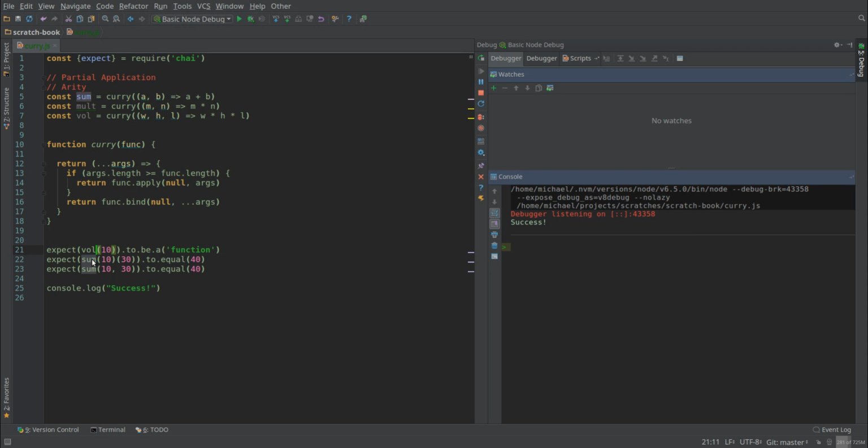So say we call vol with 10. It will be a function. That test is going to pass. If we call vol with 10 and 30, it's going to end up being not a number. And if we call vol with 10, 30, and 20, actually it's not going to equal this, because we're going to get an error here, is what's going to happen,